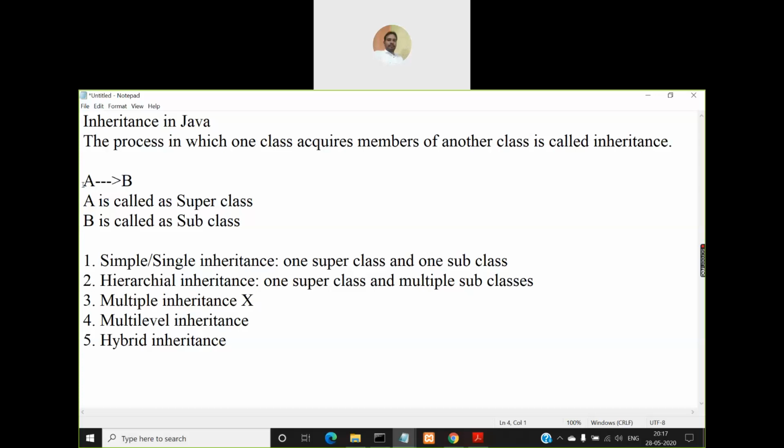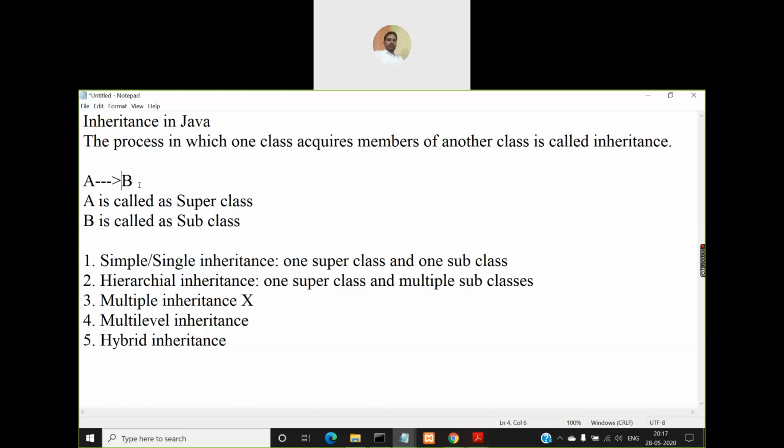So there is one superclass called A, and there is one subclass called B. So altogether you have two classes, out of which one is a superclass, the other is a subclass. So how many superclasses and how many subclasses will be there in that example? A is the only superclass and B is the only subclass. So totally one superclass and one subclass.